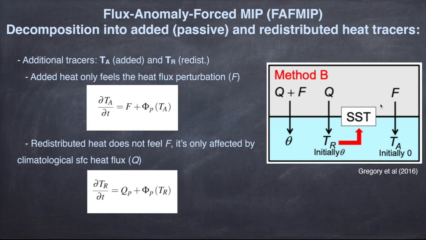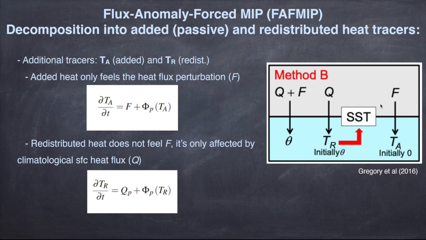And another important feature that you have in FAFMIP is the inclusion of two tracers, the added heat, TA, and the redistributed heat, TR, which allow us to decompose the change in ocean heat content into these added and redistribution components. So the added heat just responds to the change in the surface heat flux,